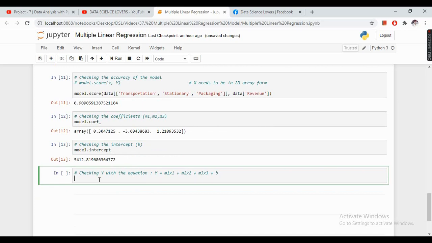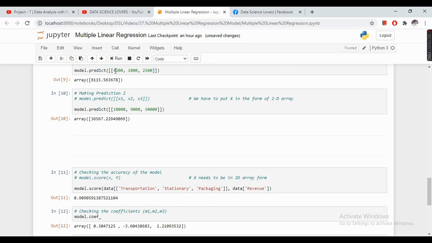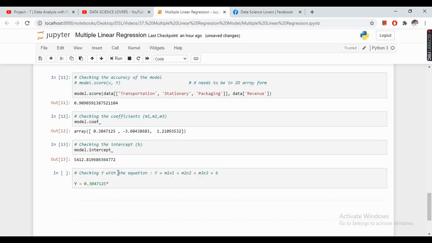This is our b. Now, as I told you, this is the equation of multiple linear regression: y equal to m1 x1 plus m2 x2 plus m3 x3 plus b. If we try to predict the value of y by putting our values in this equation, then let's see the results. m1 is this value, I copy paste here, multiply by x1. If I take x1 as 4200, second one is m2. m2 is this value.